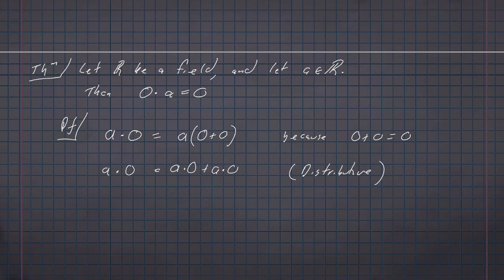Then I can distribute. A times 0 plus 0 is a times 0 plus a times 0. And then from here, I can subtract. I don't know yet what a times 0 is, but I know that it has to have an additive inverse. So if I take my a times 0 and I add whatever the opposite of a times 0 is,